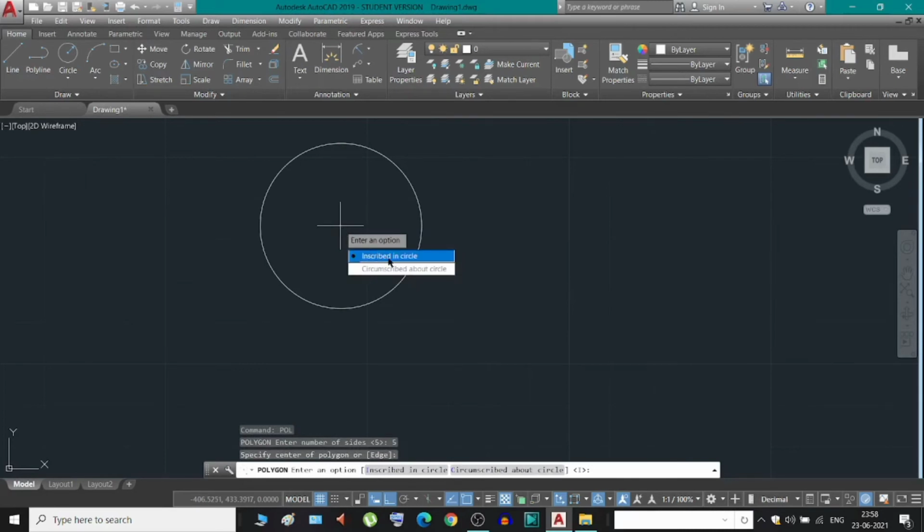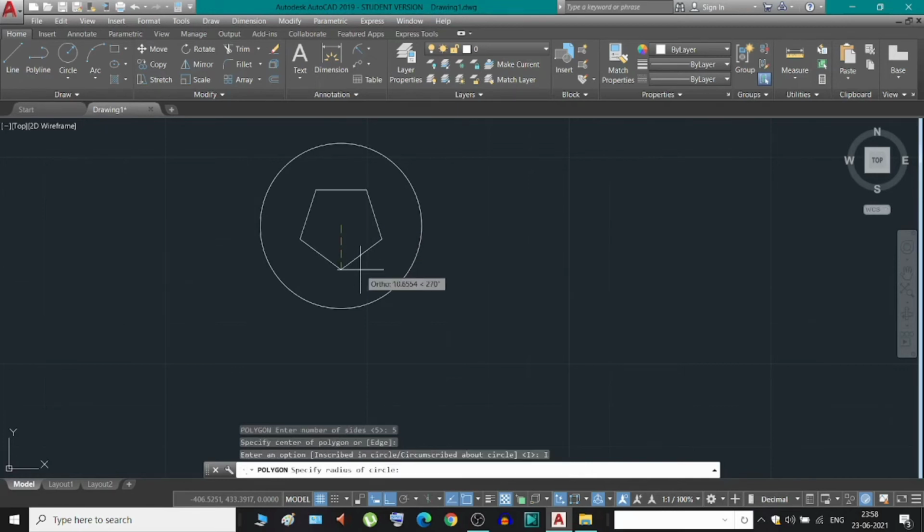So now if you are drawing inscribed in the circle or circumscribed about the circle, that means inside the circle or outside the circle, touching the circle. In the first method I am selecting inscribed in circle, and the same radius you have to put here for the polygon, whichever you have already put in case of the circle.